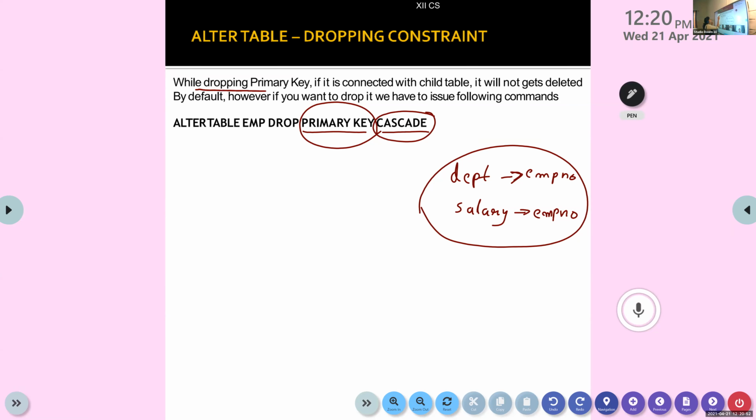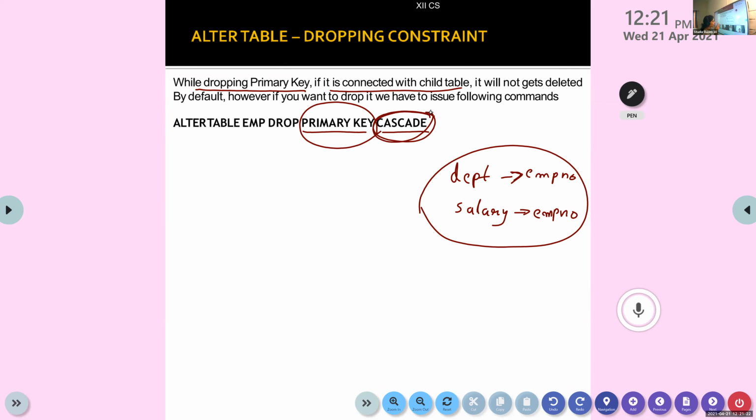While dropping a primary key, if it is connected with a child table, normally it won't get deleted, and many issues will come because we deleted the primary key constraint. So to solve all the issues, you just give the word cascade.